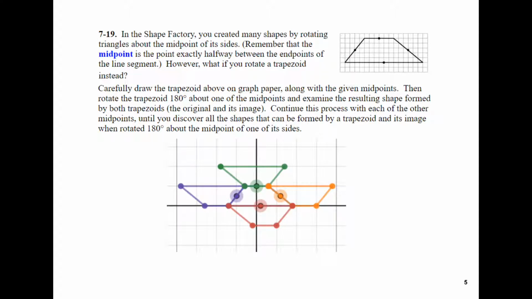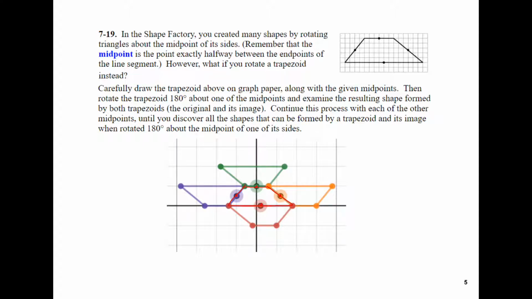7-19, in the Shape Factory, you created many shapes by rotating triangles about the midpoint of its sides. Remember that the midpoint is the point exactly halfway between each endpoint of a line segment. However, what if you rotate a trapezoid instead? So carefully draw the trapezoid above on graph paper along with the given midpoints. So I drew the original trapezoid. Down here you can see each side is multicolored, and then I plotted the midpoints for each of those segments on either side. I then rotated each of those